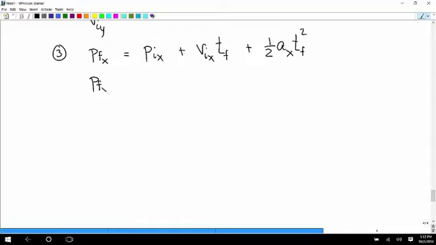So PFX is equal to 0 plus 36.25 times the time final we just calculated, 3.53,